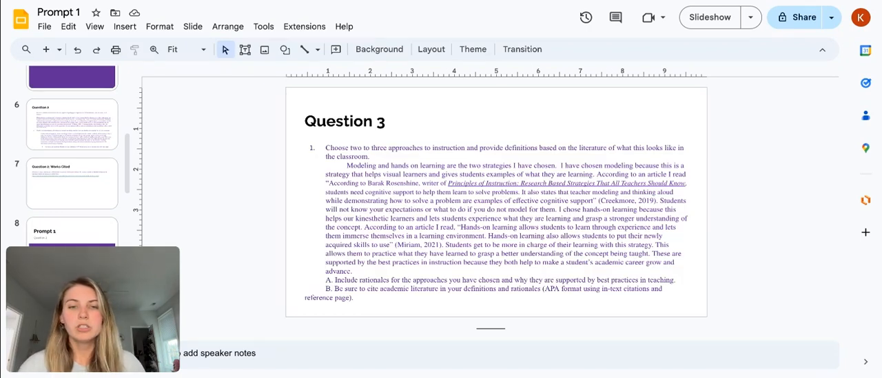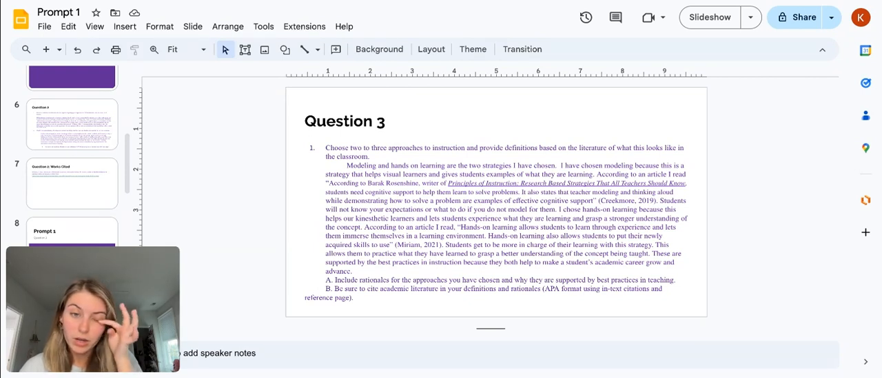Question 3 was to choose two approaches to instruction and provide definitions based on literature of what it looks like in the classroom. So I chose modeling and hands-on learning. I chose modeling because this is a strategy that helps visual learners and gives students examples of what they are learning. According to an article I read, according to Barak Rosenshine, writer of Principles of Instruction, research-based strategies that all